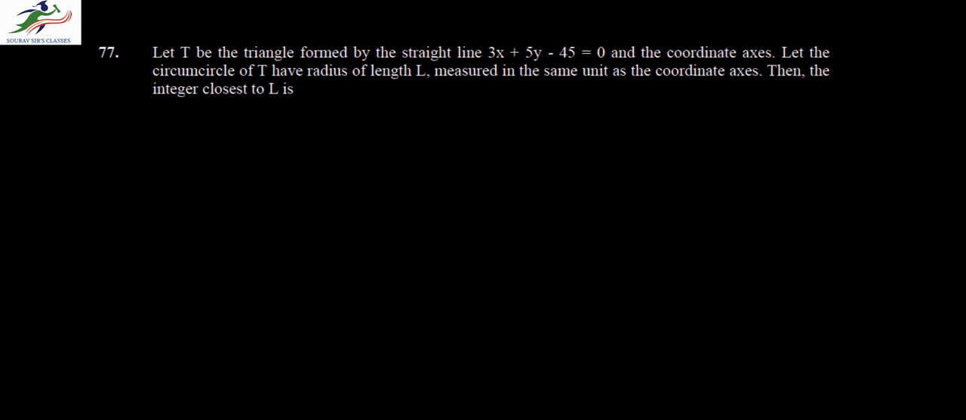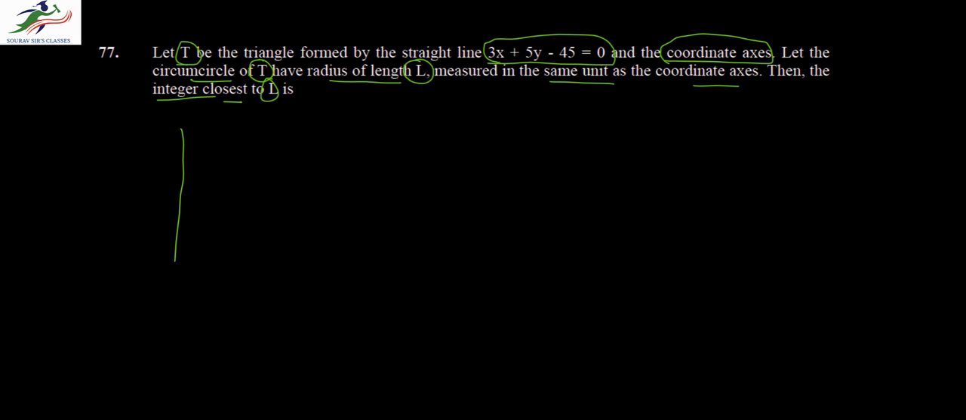We move to the next question, which says, let T be a triangle formed by the straight line given by the equation 3x plus 5y minus 45 equal to 0 and the coordinate axis. Let the circumcircle of T have the radius of length L measured in the same unit as the coordinate axis. Then the integer closest to L is. Now, in order to solve this, we have to